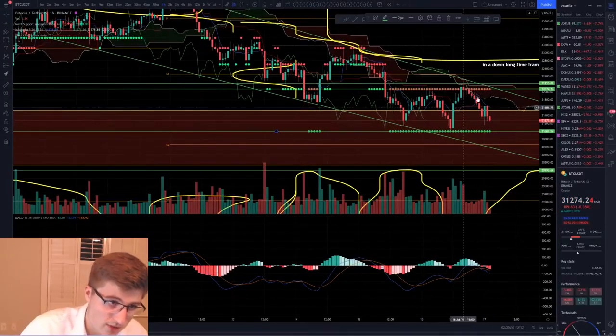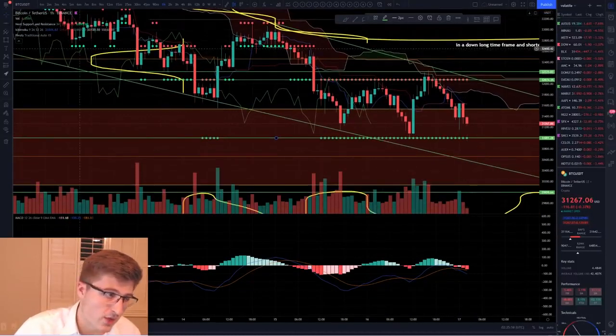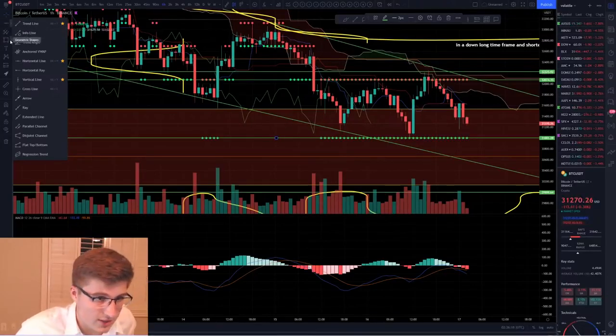Expect that if we do break through 31K, we could have some move to the downside. We'd be making a lower low. We had a higher high on the 1 hour. I do like the 1 hour. It's fairly decent. You guys could be trading on the longer time frames, whatever you want. I would suggest starting off with the longer and then going to the shorter time frames, but especially if you're new, I would not be going on anything under the hour. Learn how the longer time frames work and then go to the shorter ones.